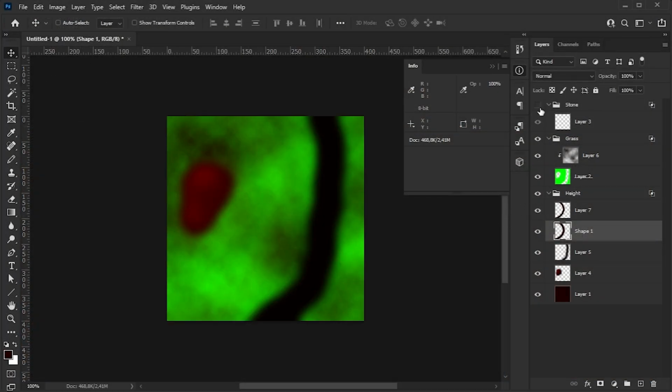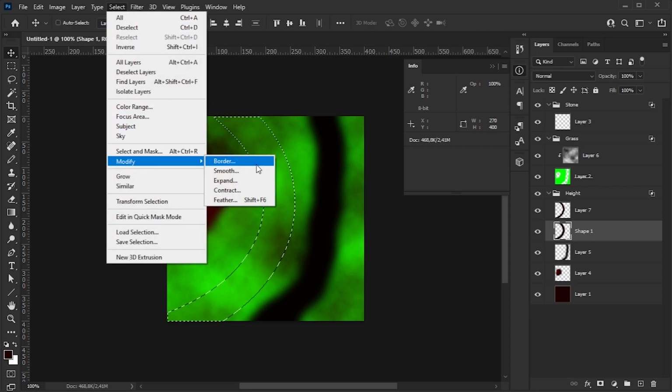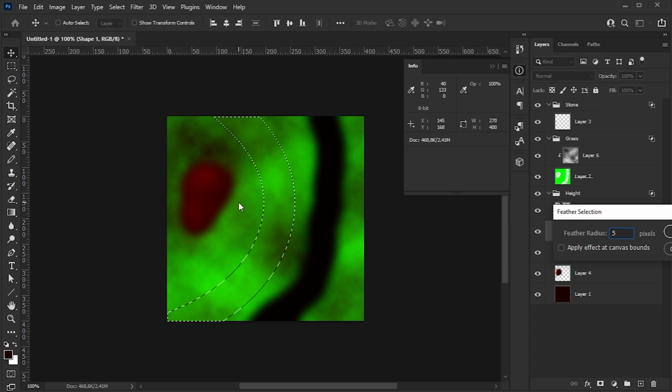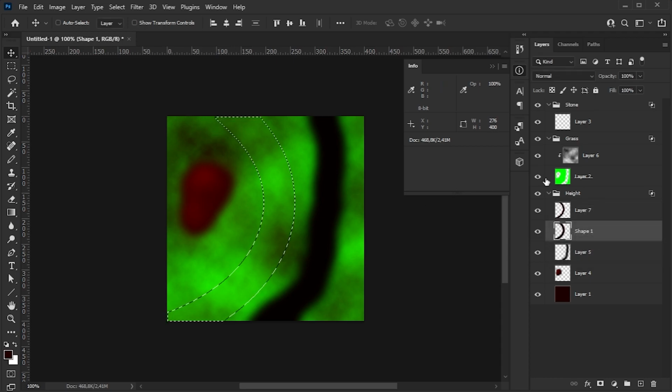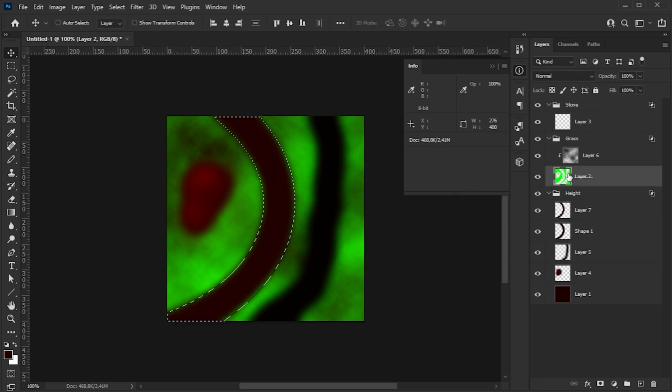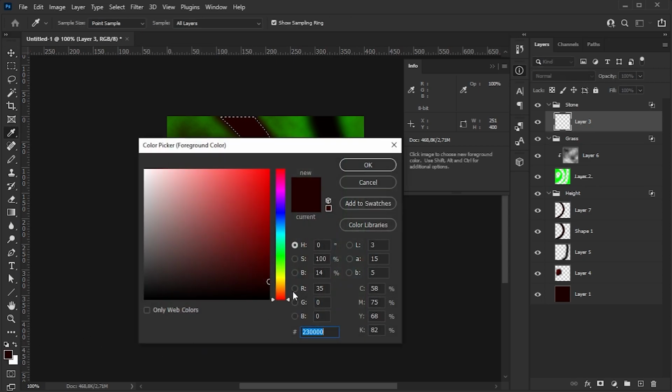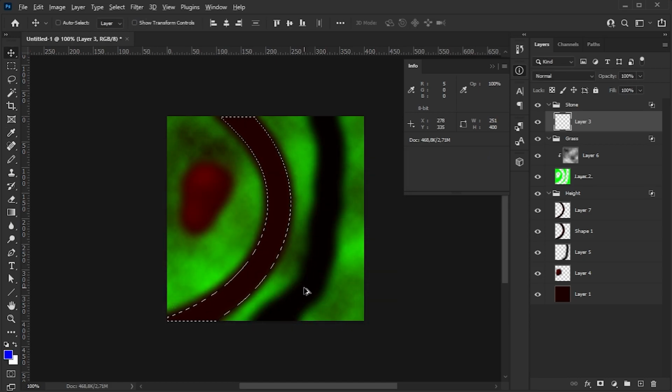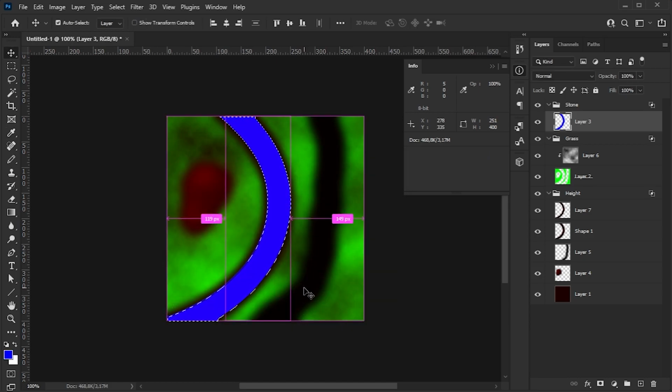Let's make the grass and stone layers visible again. I make a selection based on the road bank I just created. Then I feather the selection slightly and delete this selection from the grass layer. We don't want grass on our road. Now I make another selection from the road surface layer and then I fill the layer in the stone group with pure blue of value 255. This will make the road surface a mid-gray stone material.